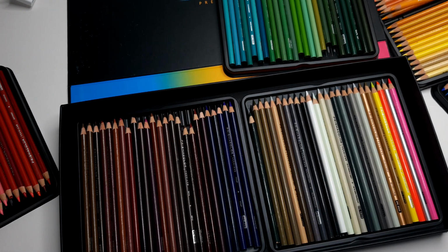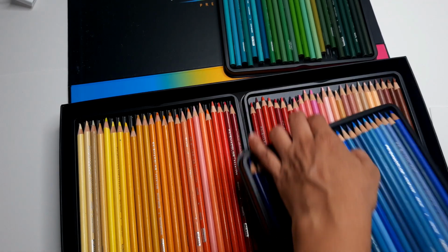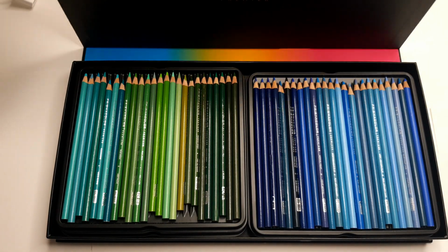I'm gonna put these pencils back into their original box. Later on I'll be storing them in pencil cases because I want all of my pencils to be in one place along with the other pencil brands that I bought. So